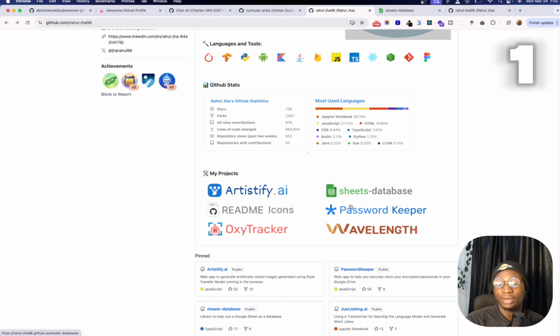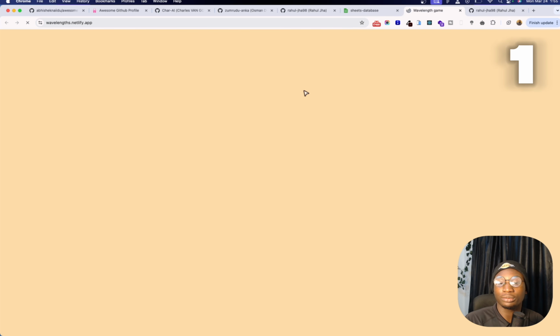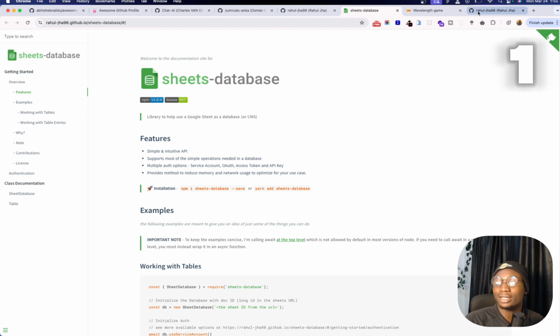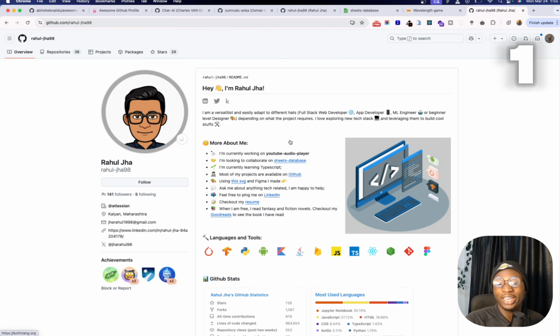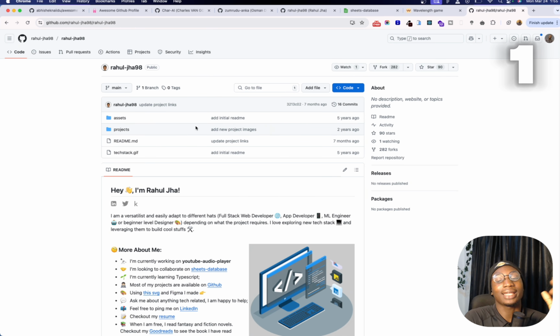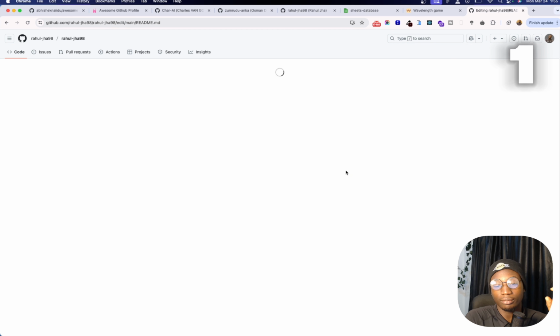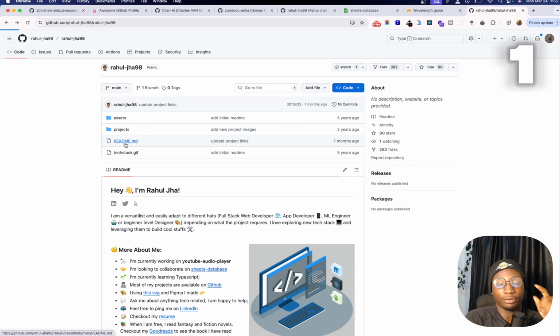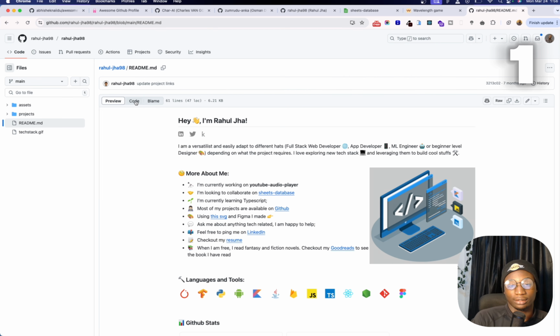And it's really amazing. Once I click on wavelength, you can see it's going to take me to the project that he has done before, and I was actually very curious on how he did all of this, right? So if you also want to modify it, what you can do is click on his readme. You can actually check how it looks and use it for your own also, right? So if I click on edit, and I click on the readme itself,